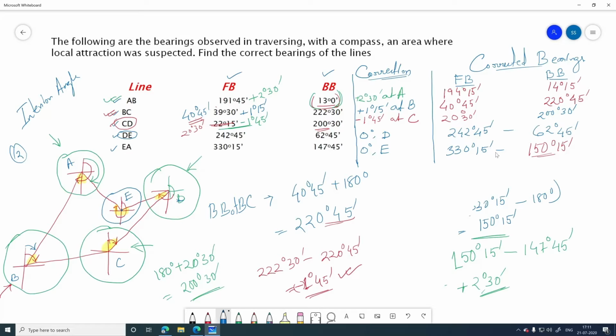So this is the very simple trick, because in the previous method, we needed to determine the interior angle and then correct the bearing, that means the forebearing or back bearing. But in this method you can directly apply the correction. So I think this is very beneficial, because it will take less time than the previous method. So this is up to you. If the question does not mandate a particular method, then you can solve it however you like, but my suggestion is to solve in this method. Okay, thank you.